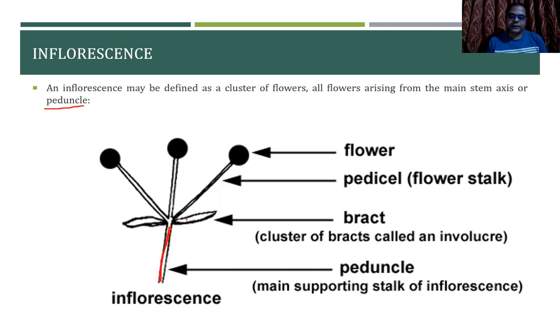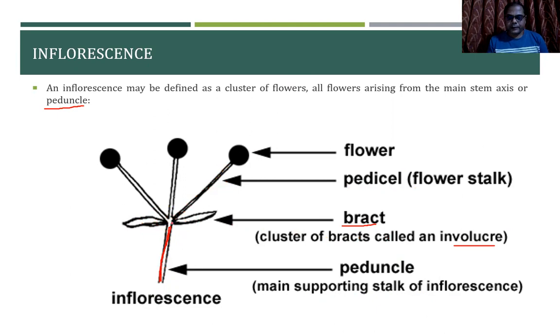Now this stem ends at the position where there is a formation of a green leafy like structure. In the majority of cases it's a green leafy structure, and that is what we call the bracts. In many cases there can be two bracts, or one bract. And in many families or species, the bracts form a cluster. If there is a cluster of bracts, this cluster is called the involucre. On the bracts, where the bracts are positioned, there arises an extension, the pedicel itself. That is what we call the pedicel.